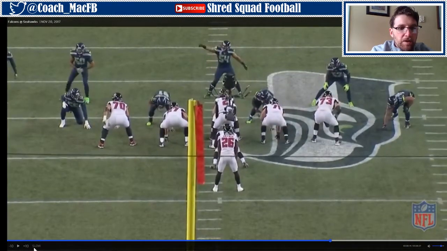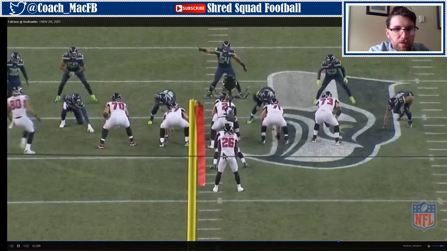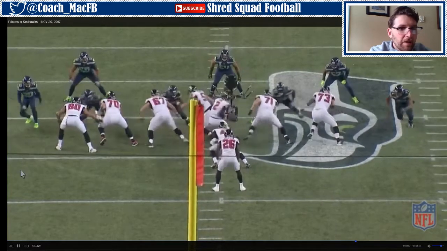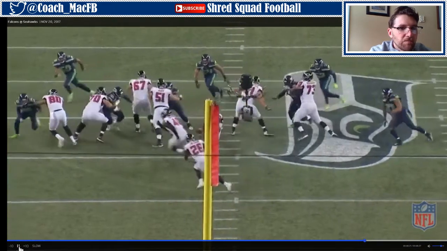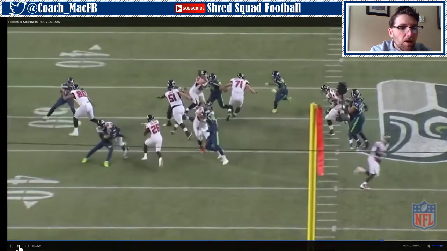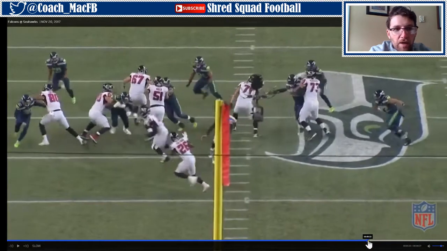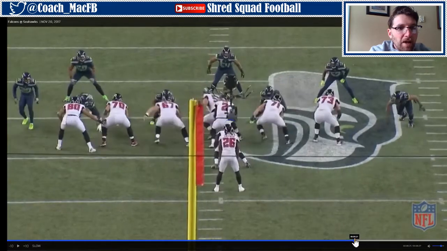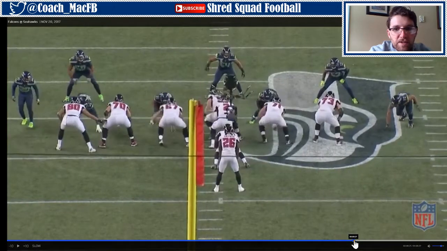So really the thing to keep an eye on is watching who Coleman, the running back, number 26, watches here. This is his read, this guy right here, the flat guy. All right, so you see how the guy comes and resets, the flat defender, the guy that's responsible for forcing the ball back into the middle. He widens instead of squeezes. And when you can see that as a ball carrier, you know that you're going to be going inside of him. So see how far upfield and wide he comes? Instead of squeezing down,